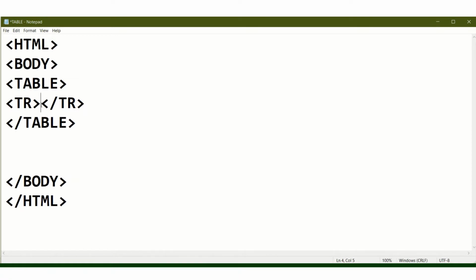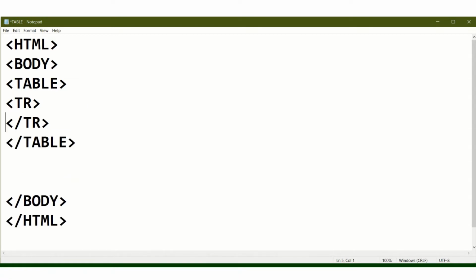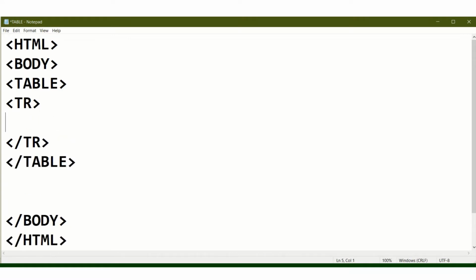So tr start and tr end, and within the tr tag we have to create the table columns. So within a row, that means in the first row, I am creating 3 columns.